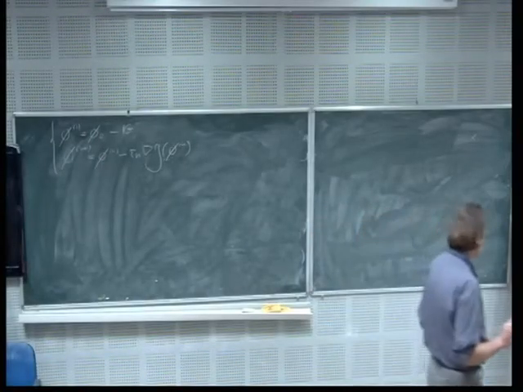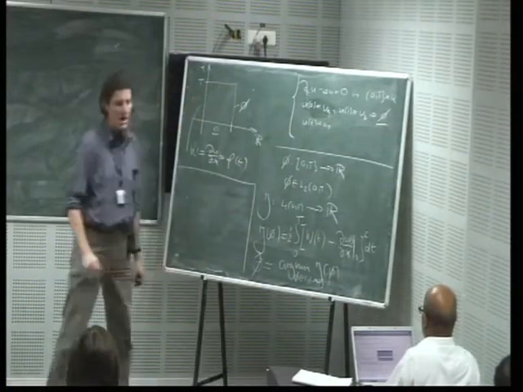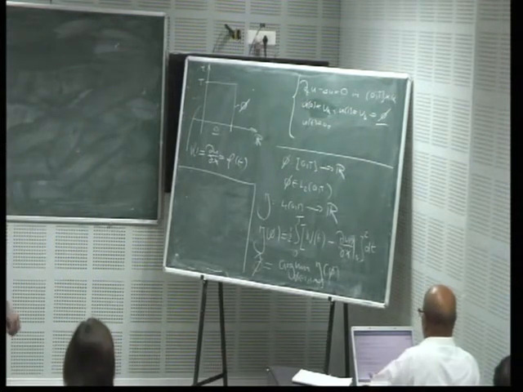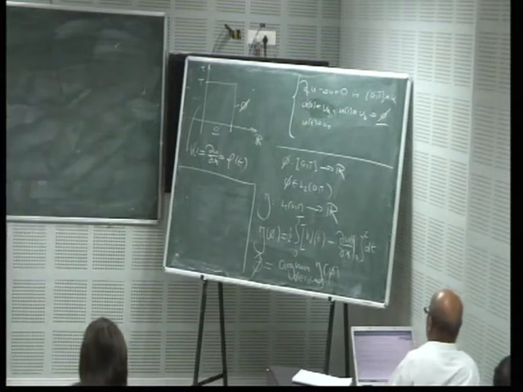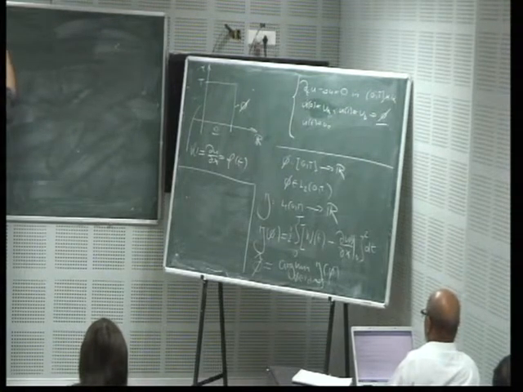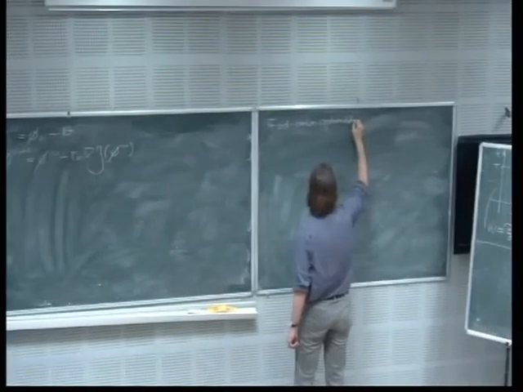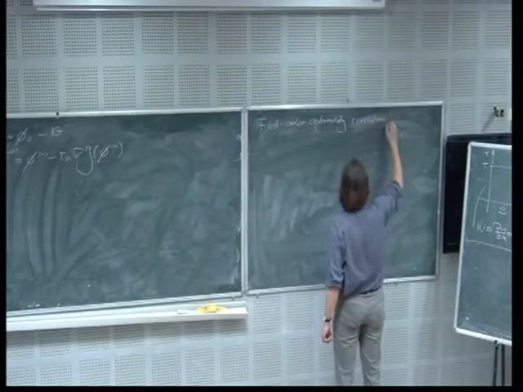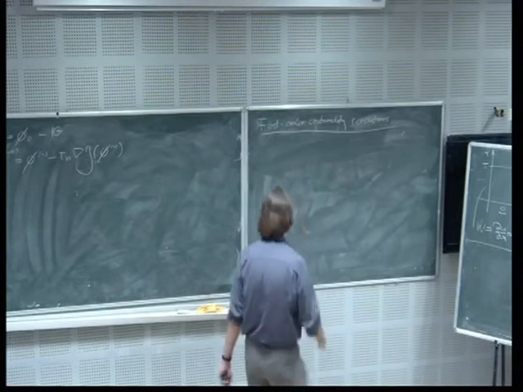There's one more element which I probably should have stated earlier. So how are the optimizing solutions characterized? Well, they are characterized by the first order optimality conditions. Maybe I'll write them here. First order optimality conditions.